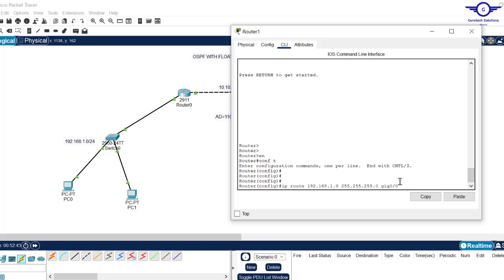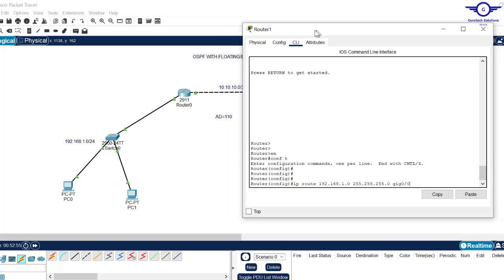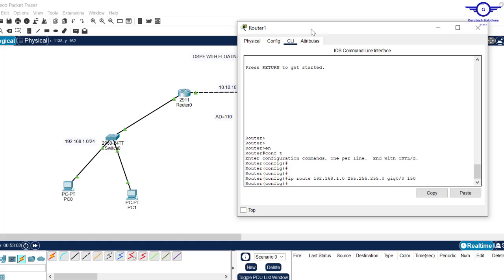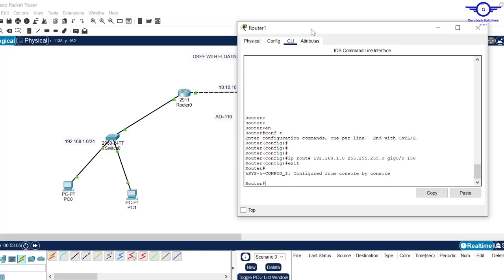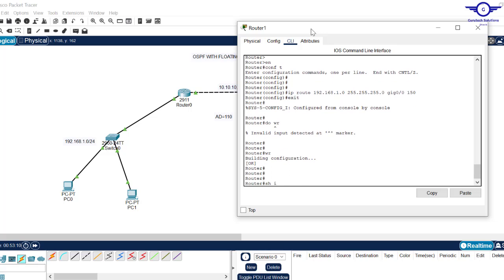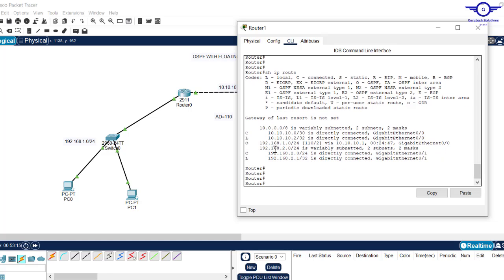Okay, like I said, now this should be a backup. Backup means it should have a higher administrative distance, something more than 110, because OSPF by default has 110 as administrative distance. So let's give it even 150 and we hit enter, and that's now done. Exit, do write. All right, show IP route to show the routing table. You can see OSPF has been installed here,